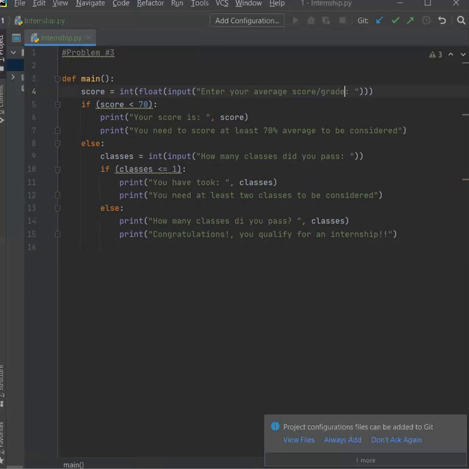All right, so we create an if and else statement. If the score is less than 70, then it will print out your score is less than 70, let's say, for example, 60. And on the second line, it will say you need to score at least 70 average to be considered. That's what it will say if the statement is true. If the argument is true, then that's what it will print. If it is not, it will go to else. And in else,